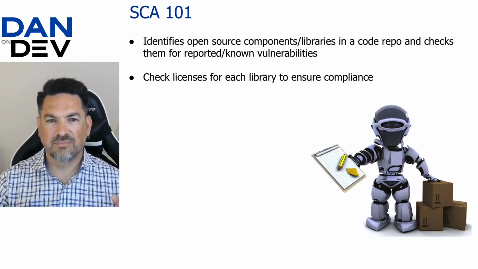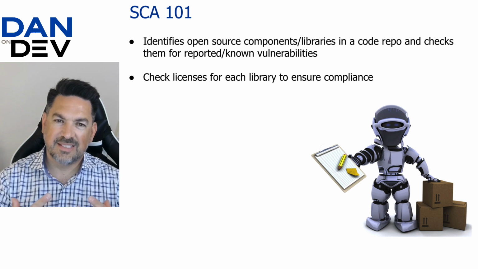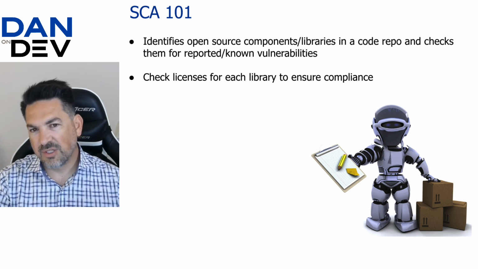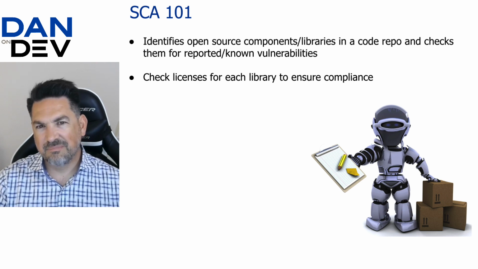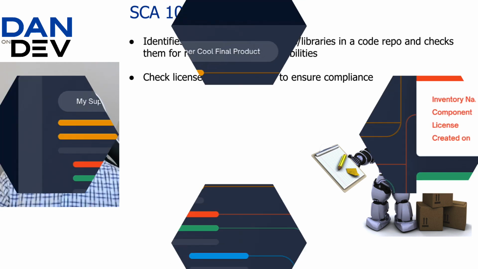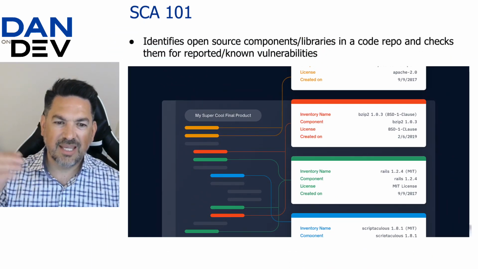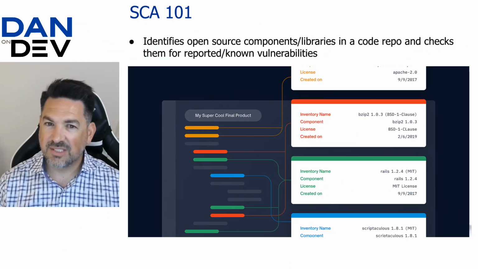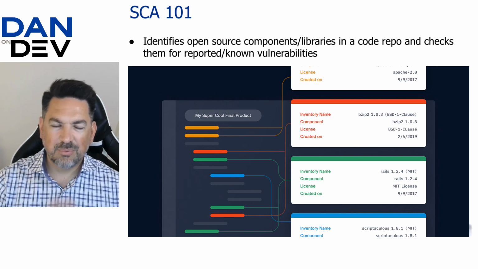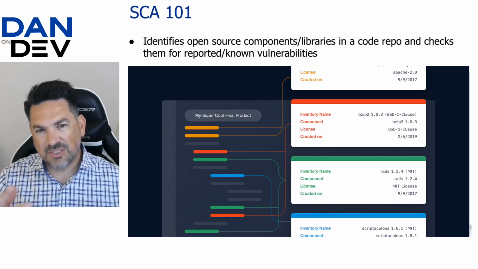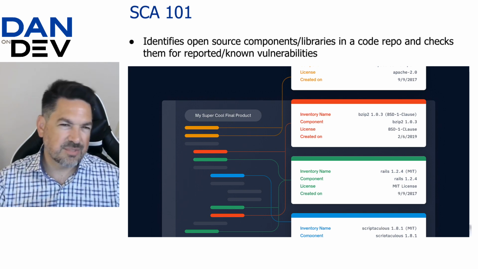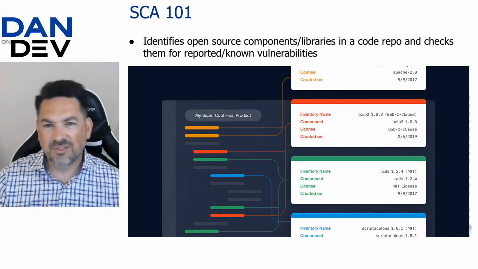So really, let's do a 101 on what SCA is. That's software composition analysis. You can also think about it as a bill of materials. You're looking at all of the components that you're using. These days, people do not just build from scratch. Maybe with some C++ coders, they may still do a lot of things from scratch. But even then, you're going to be pulling in DLLs or whatever to do certain bits of work because it doesn't make sense to write all the code yourself.